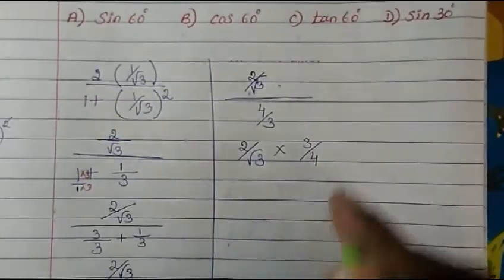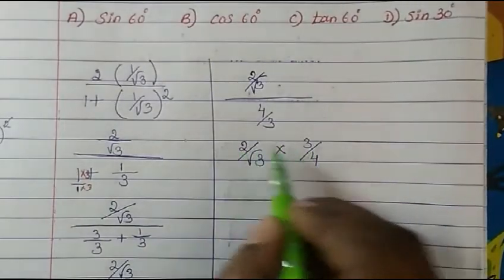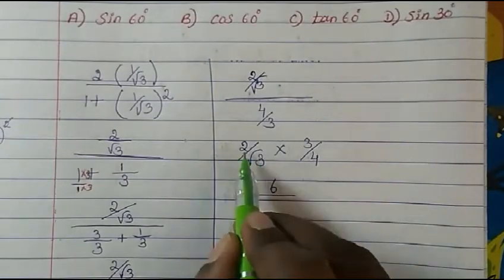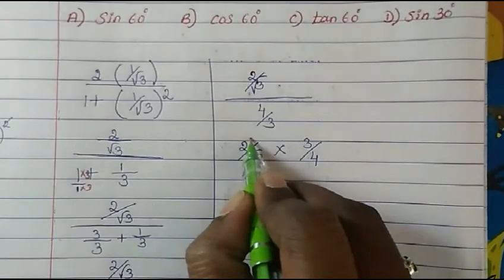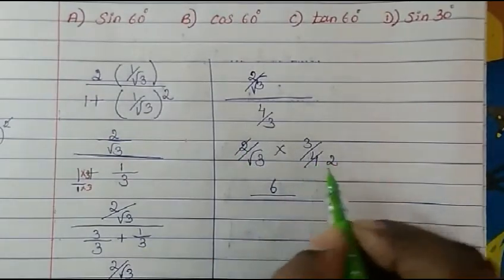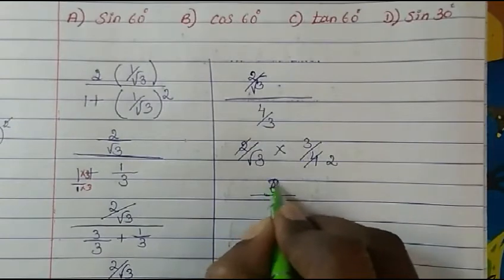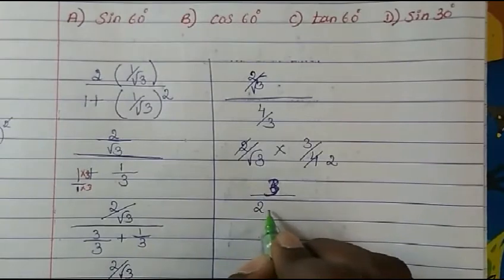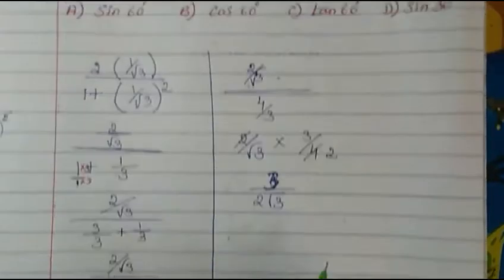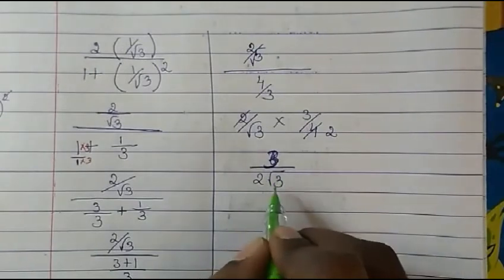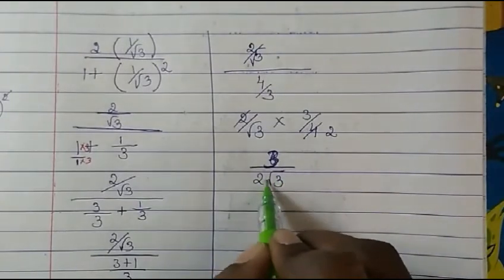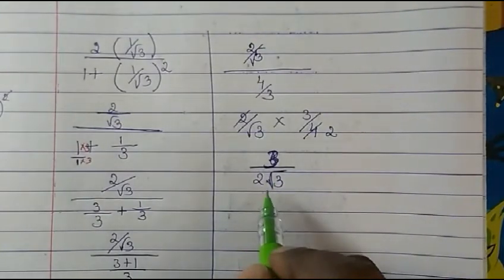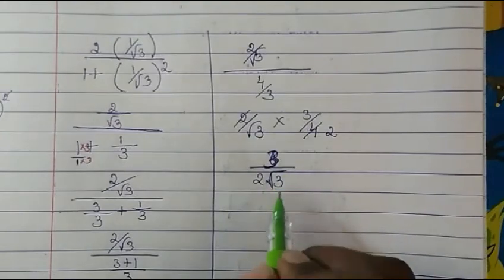Okay. So now what we will do, now you can multiply, 2 3s are 6. Now this we can also simplify. Wait a minute, this 2 will get cancelled 2 times here. So then we will have here 3. Here we have 2, here we have root 3. So 2 into root 3 will give us this. Okay, so now whenever in denominator you see irrational number, now you see in denominator we have the root 3. So whenever you get in denominator like this, we have to rationalize this. Rationalize means remove the root from the denominator.